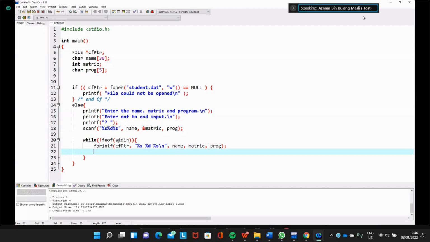Then we ask the user to enter the data again. Here we just put the question mark similar to the one above, and the user will enter the data there, and then we scanf this again.